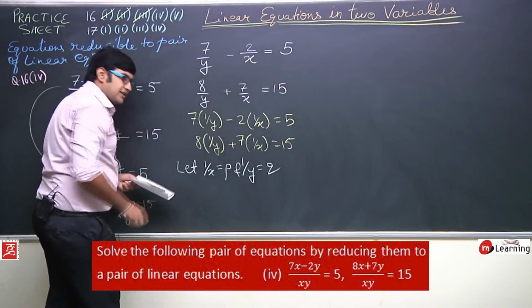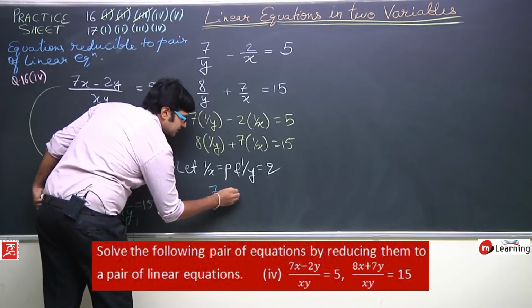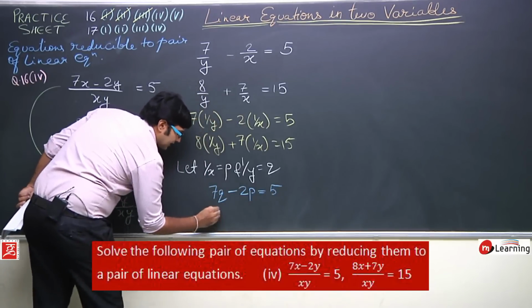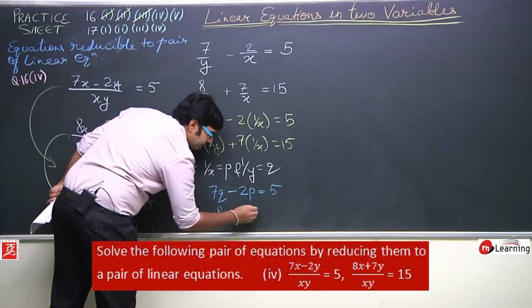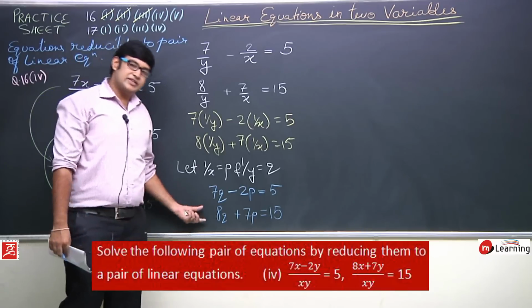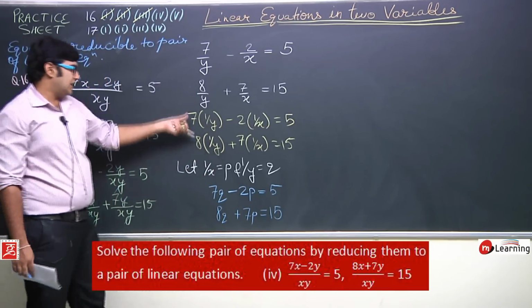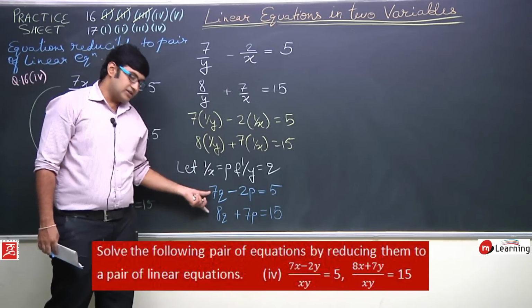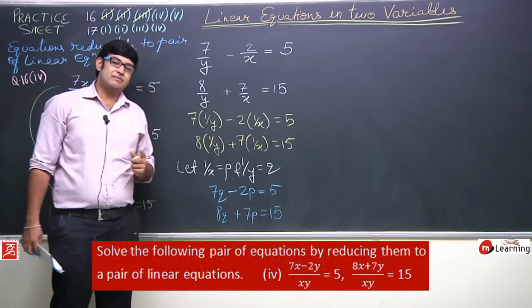Then these two equations will be reduced to 7q minus 2p equals 5 and 8q minus 7p plus 7p equals 15. Okay, these two equations get reduced this way. We did the first reduction here, then wrote it this way, then simplified further, and finally we will call these two equations a pair of linear equations, and the linear variables are p